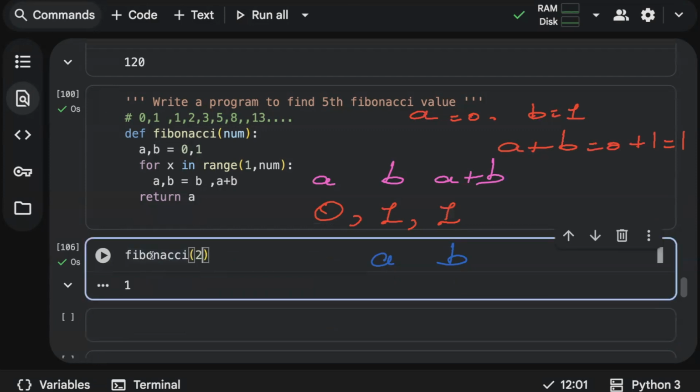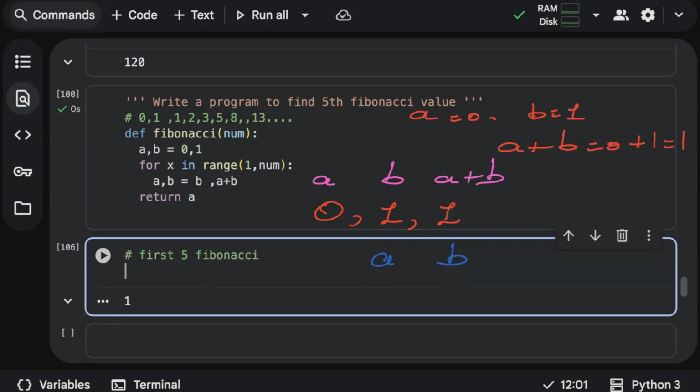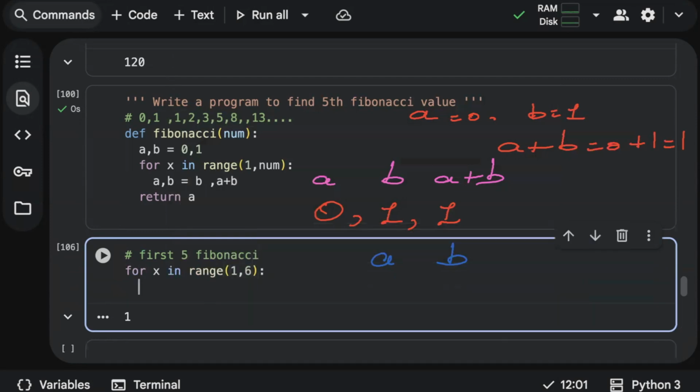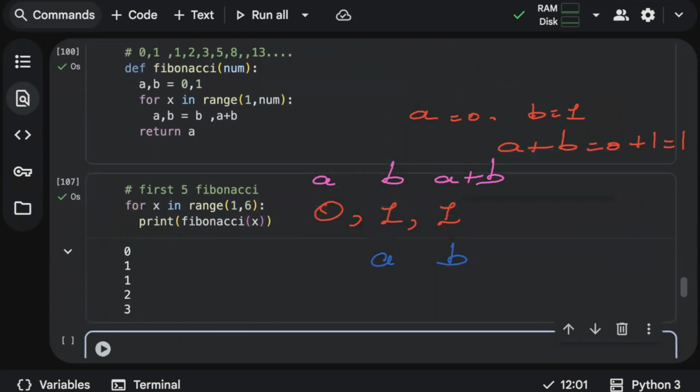So let me do one thing, I'll make use of a for loop, and I just want to print the first 5 Fibonacci values. I'll use for x in range of 1 to 6, so 1 to 5 is included, and then I'll print Fibonacci of x. Yes. Can you see?